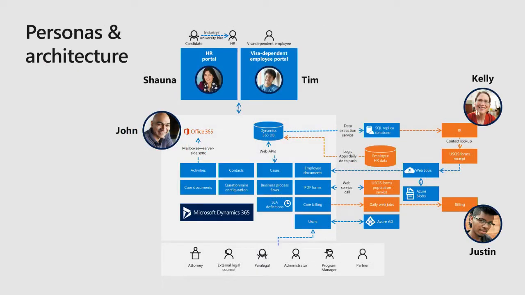So here's a quick look at the architecture. If you look at it, we are actually catering to different personas of the users. So as I said, the life cycle or the workflow starts with the candidate applying to the job in Microsoft, which means they have to go through the visa evaluation, wherein the recruiting team has to validate whether the person, he or she, is active and can be hired by Microsoft in the United States.